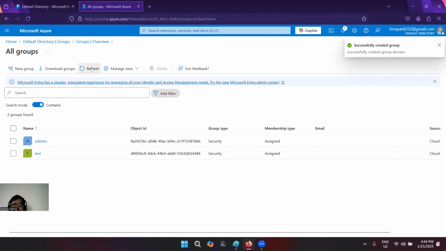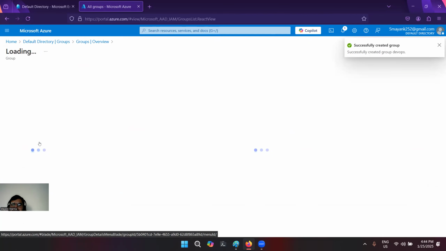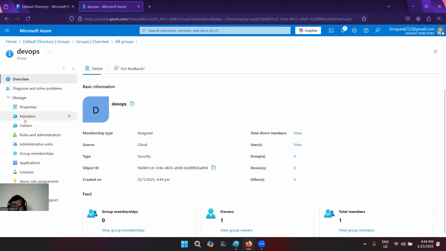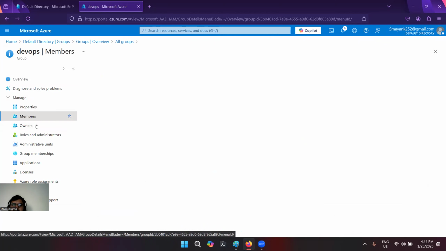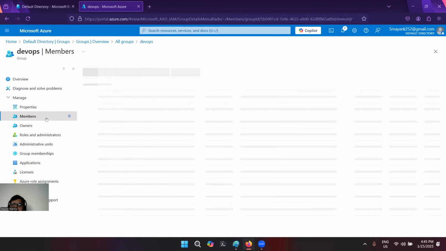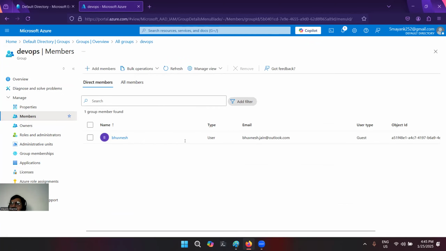Now, whenever a user is created, I can add that particular user into this particular group. And in this group, I can manage the permissions, owners, and roles of this group. What are the permissions that I want to assign to this particular user? I can manage it here. How many members are going to be assigned here? I can manage those things also. So instead of creating anything, I can just simply add all of these users here and manage those users. Is it clear, guys?